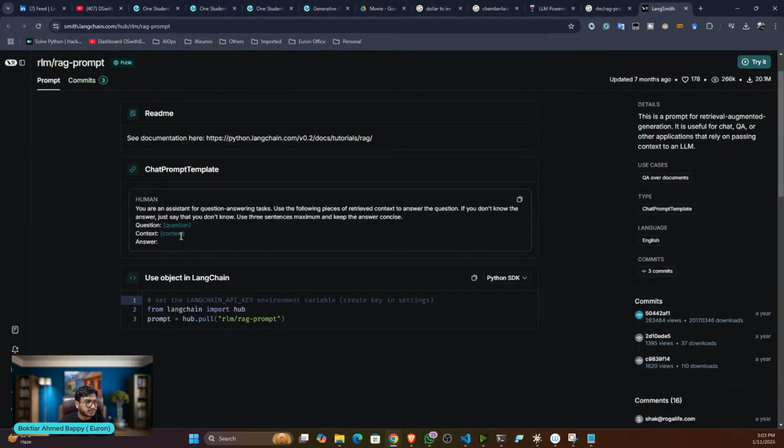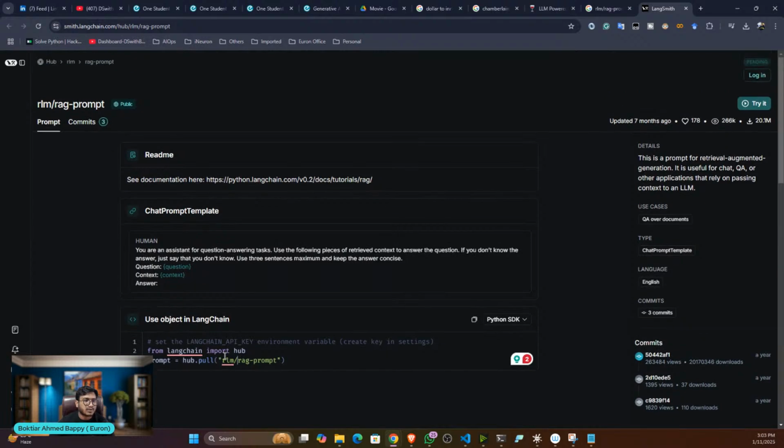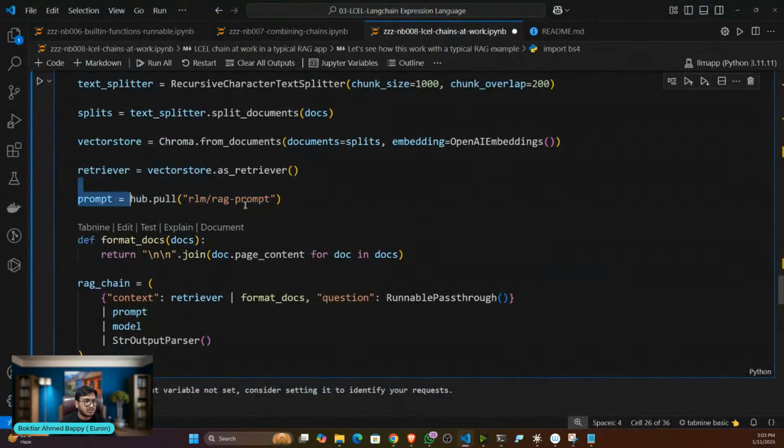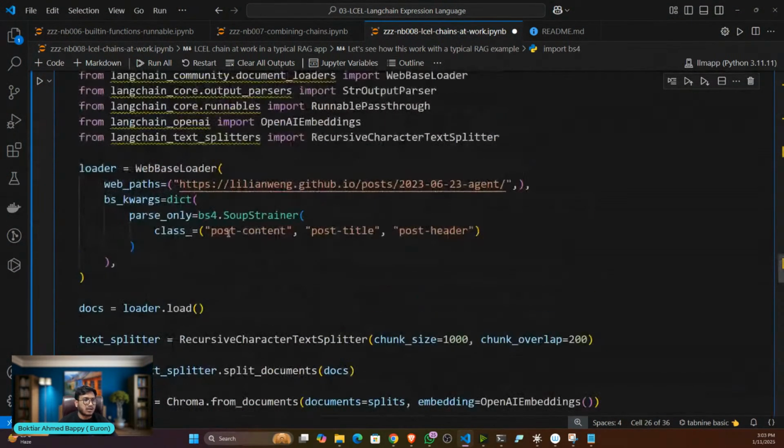See, this is the prompt I want to get. How to get it? This is the code. First of all, import hub from LangChain, then hub.pull, and this is the name of the prompt, rlm/rag-prompt. This is what you have to extract. So here I'm doing it. Let me show you. If I do the pull operation,